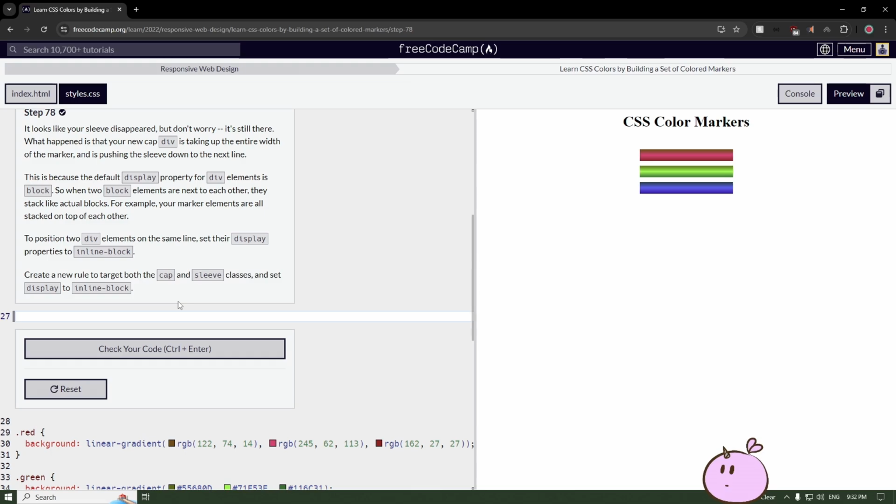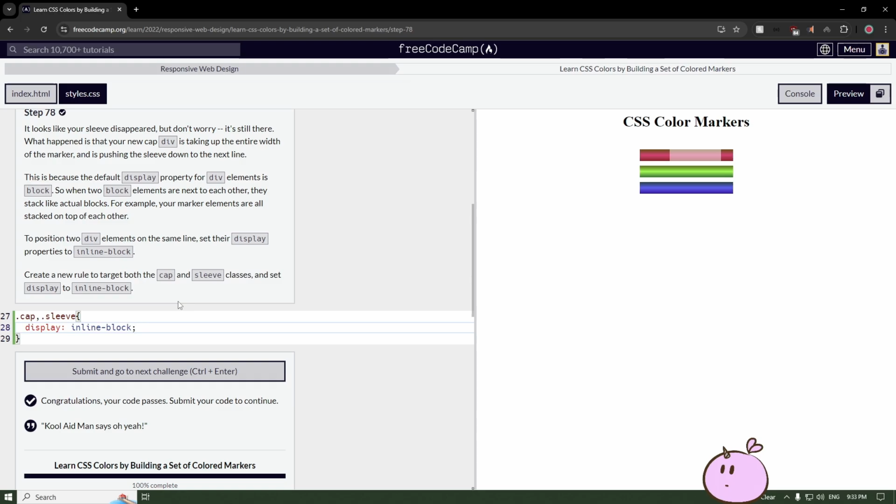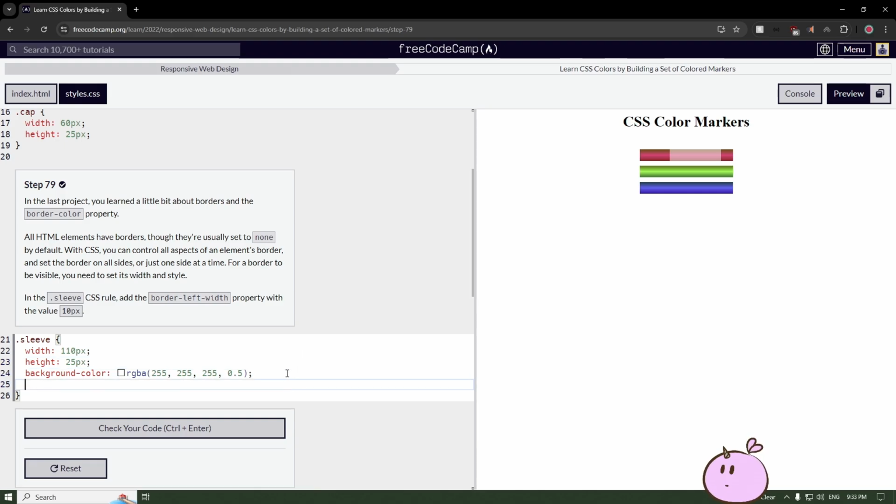Okay, create a new rule that targets both cap and sleeve. So we can do this, dot sleeve, I guess, and set display inline block. Yep, I guess. Right. So basically this is the first div I'm assuming, and then this is the sleeve, or it could be the other way around. I think it's before. Alright, so here what we'll do is that we need to add a border